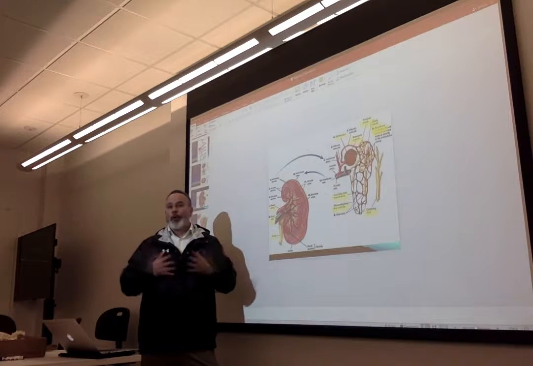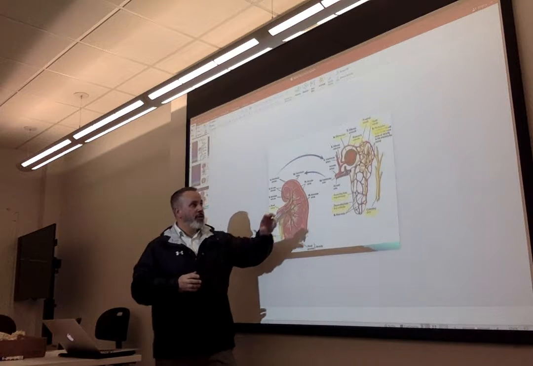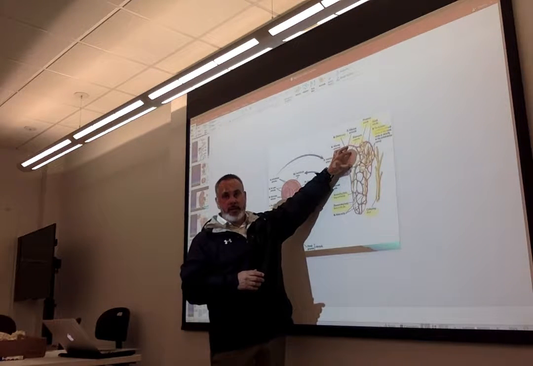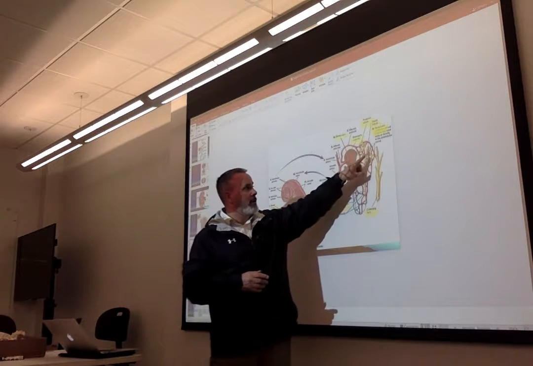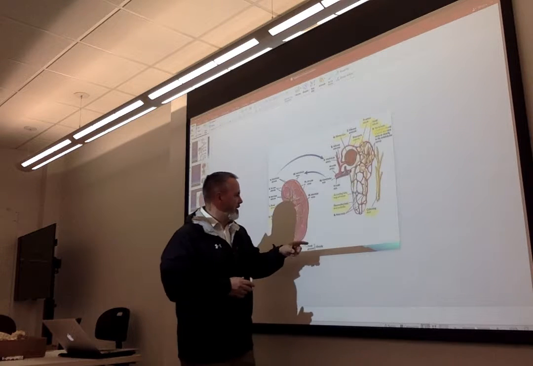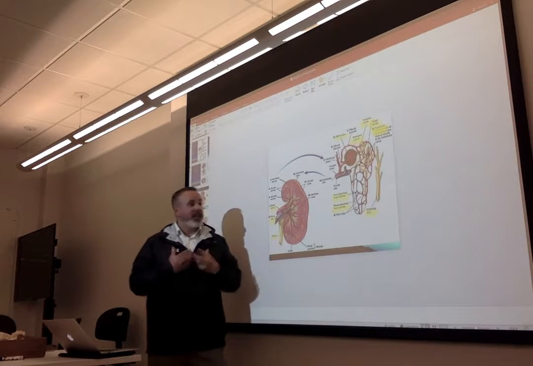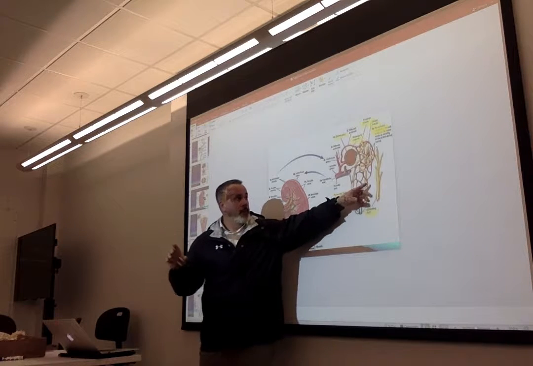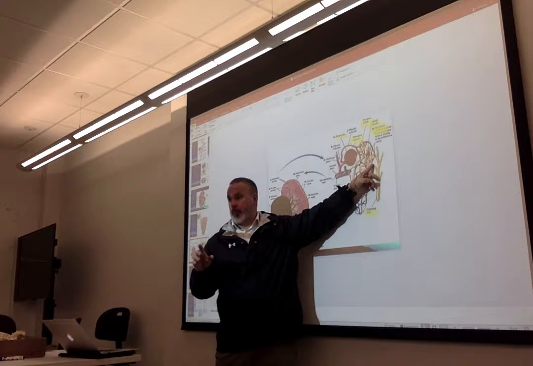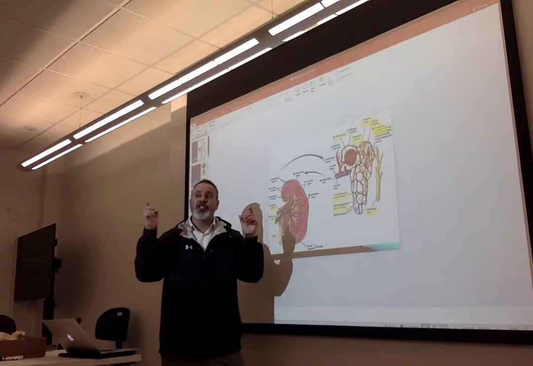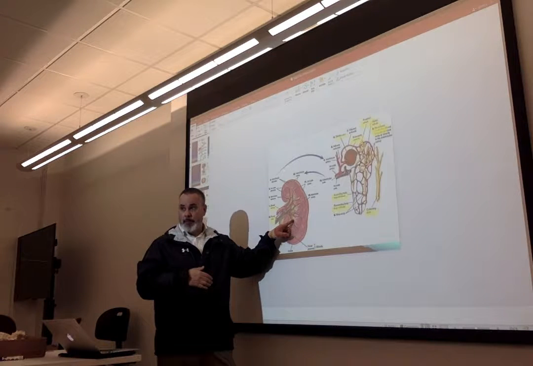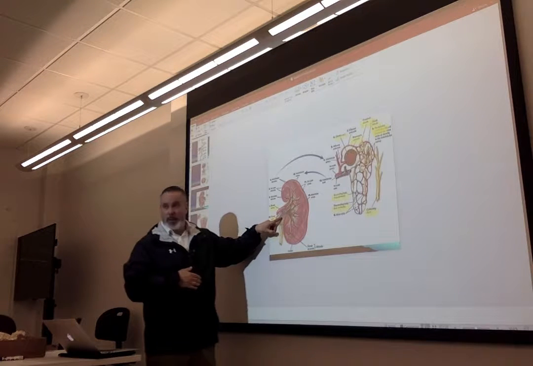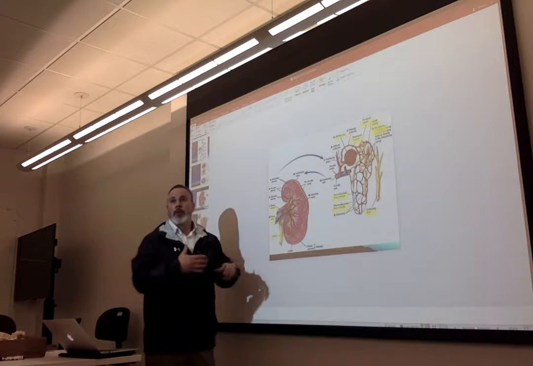If you want to talk about the order in which urine is produced, it all starts in the renal corpuscle, from the glomerulus to the Bowman's capsule. From the PCT, descending limb of the loop of Henle, then ascending limb of the loop of Henle. Then the DCT, and the collecting duct. Why is it collecting duct? It's collecting filtrate from several different distal tubules of several different nephrons. And then several collecting ducts merge to the renal calyx, and then about half a dozen renal calyces or so direct it to the renal pelvis, which narrows to the ureter, then to